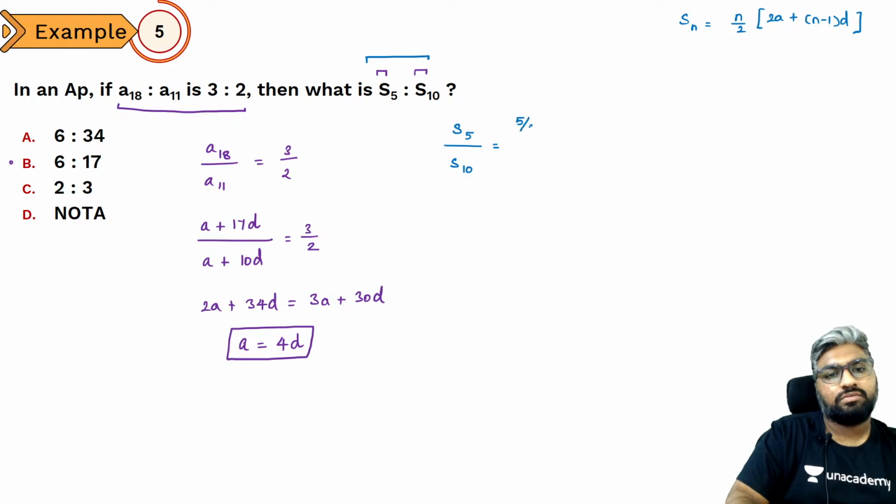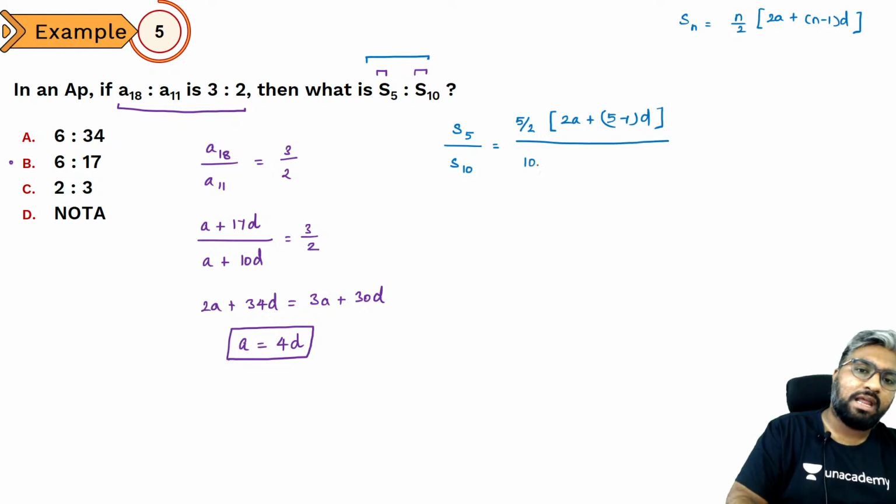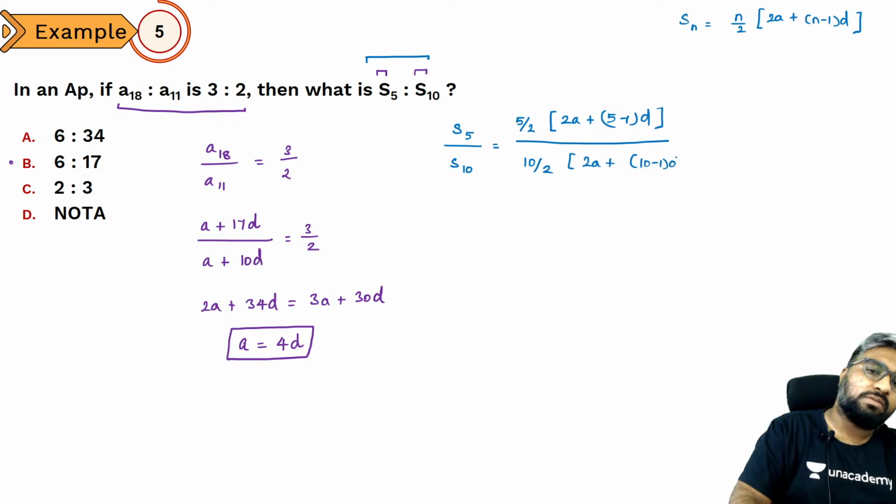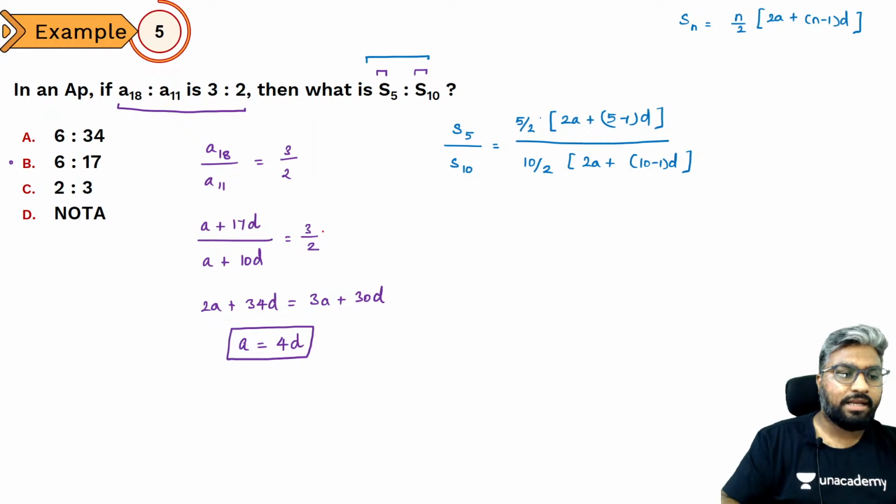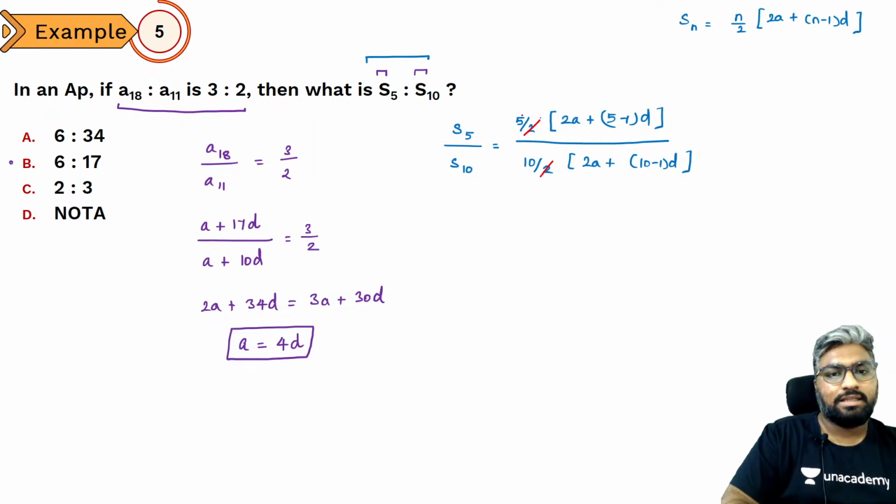5 by 2 into 2a plus (n is 5) 5 minus 1 into d, divided by, here what will it become? 10 by 2 into 2a plus 10 minus 1 into d. So the 2 by 2 cancels out, this is once, this is 2 times. So the sum of first 5 terms by the sum of first 10 terms is 2 times a plus